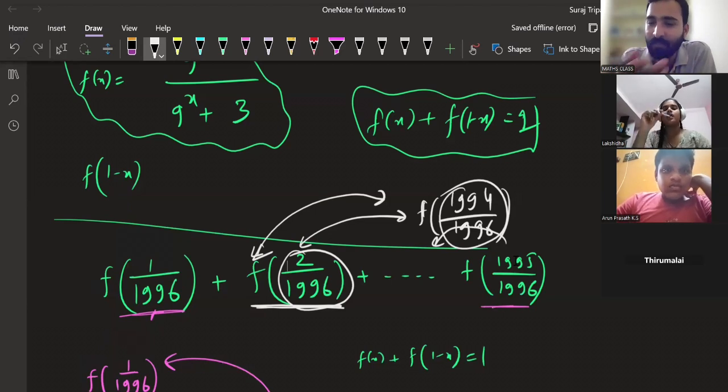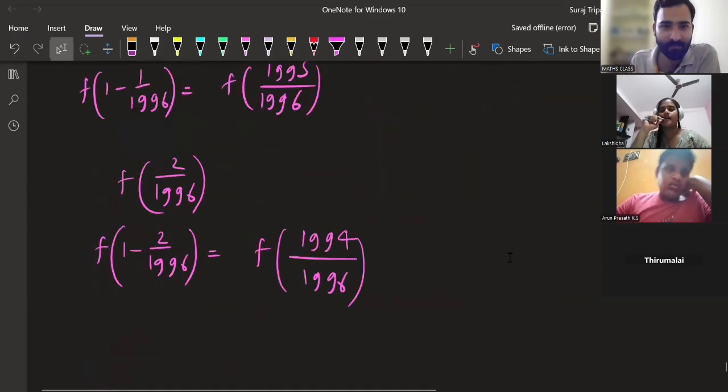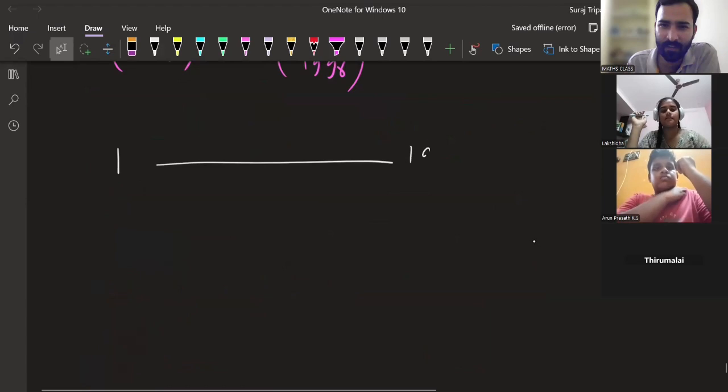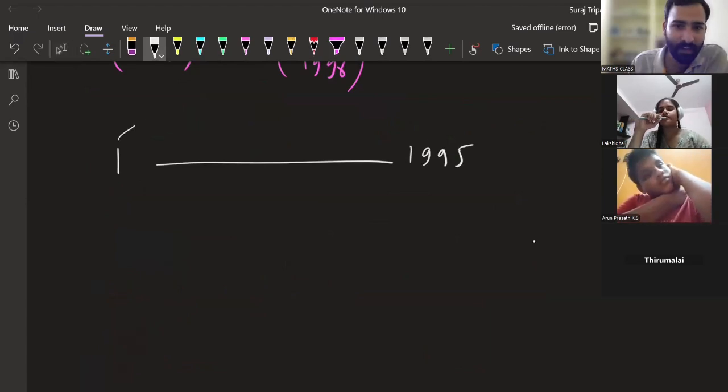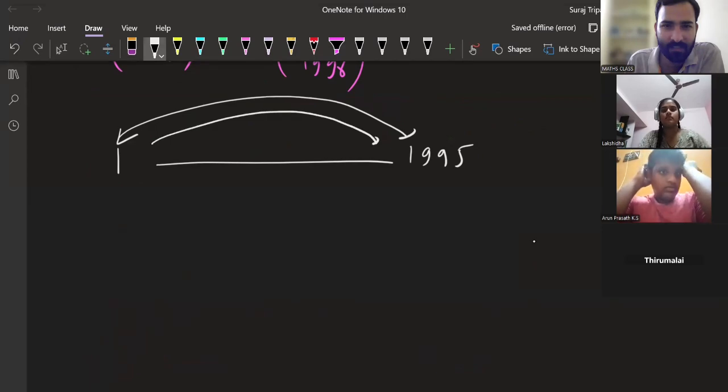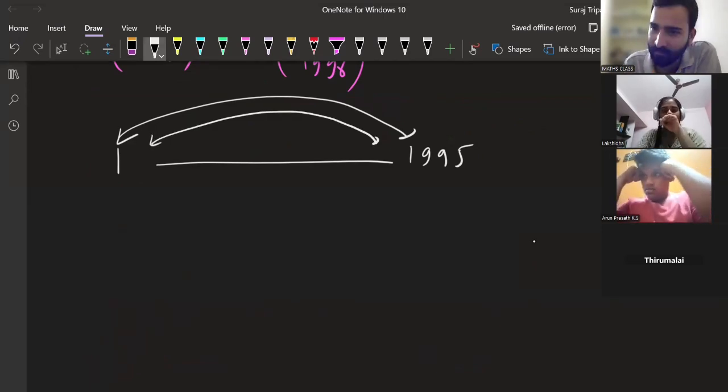For this one, we have to find the sum. So 1 and 1995, the sum of these two functions will become 1. And the second and second to last will also become 1. Right? So only the middle one will be left here. So that is